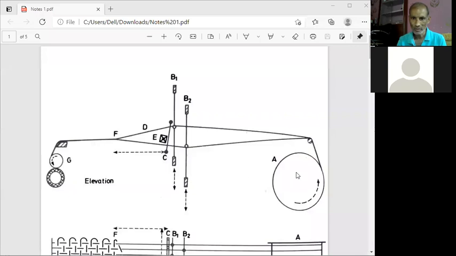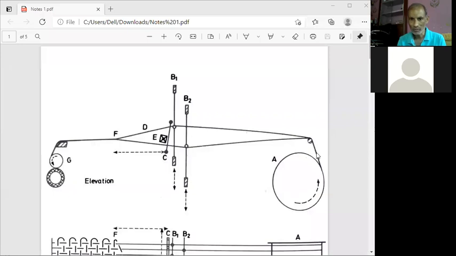So here is the weaver's beam, which is a flanged roller, a very large roller on which thousands of threads are wound in a parallel form, and which is prepared in the weaving preparatory department that we have discussed in the previous classes. And here is the parallel sheet of warp threads. In the diagram, only one line is indicated, but parallel to this one line there are a number of threads. Maybe 1,000, 2,000, 3,000, depending on the parameters of the fabric, depending on EPI and width of the fabric, the number of threads wound on this. All these threads are parallel with each other. That's why only one line is visible.